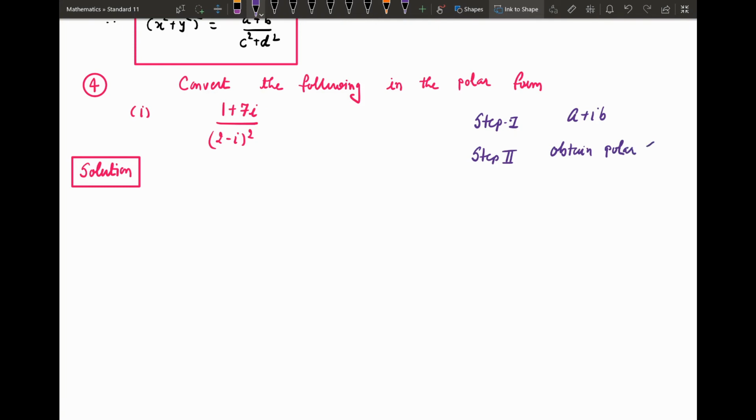The polar form is nothing but a plus ib equals r into bracket cos theta plus i sin theta. So to obtain the polar form we have to find modulus r and principal argument theta. So in step 1 we will convert it into a plus ib form, and in the next step we will find r and theta, that is modulus and amplitude. So solution: